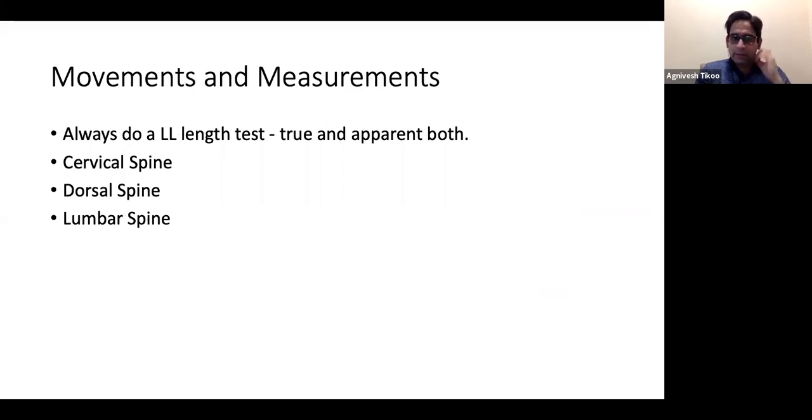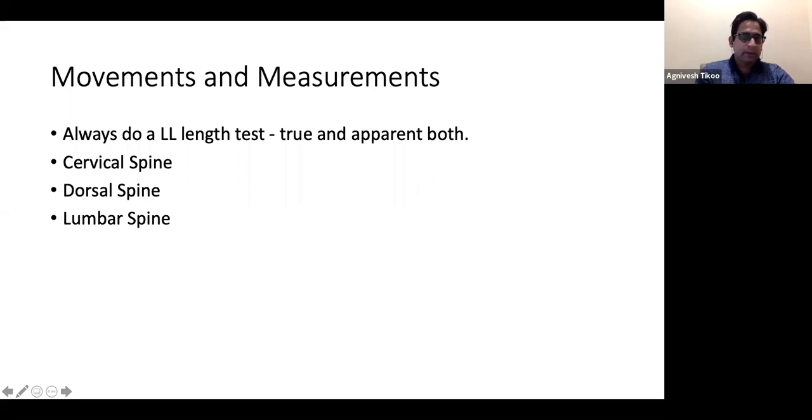So always do a lower limb length assessment before you comment on any spinal deformity, because you need to know the true and the apparent measurements of the legs to understand whether it is a true deformity or secondary to a lower limb length discrepancy. Otherwise, if you have a case where there is a discrepancy in the lower limb and you make the patient stand, then you can comment if you find a bit of scoliosis which is happening to compensate. So again, this is a brownie point sort of thing that you can get better marks with the same examiner.